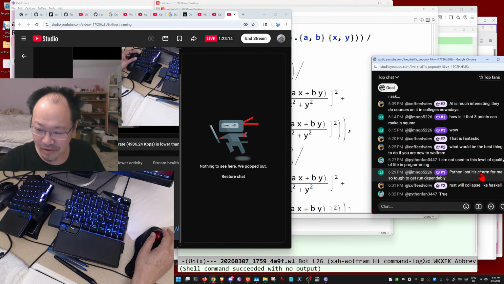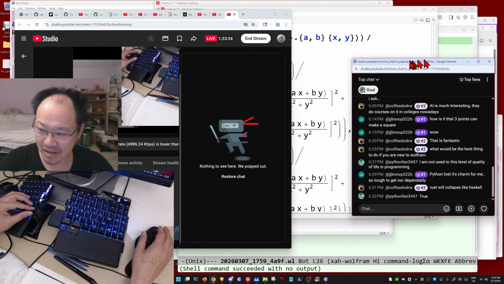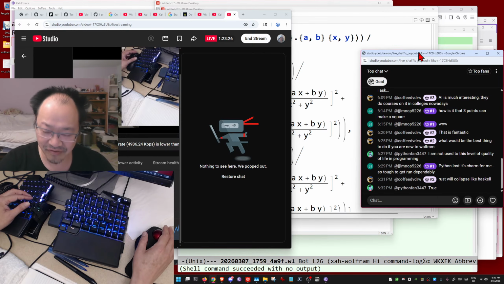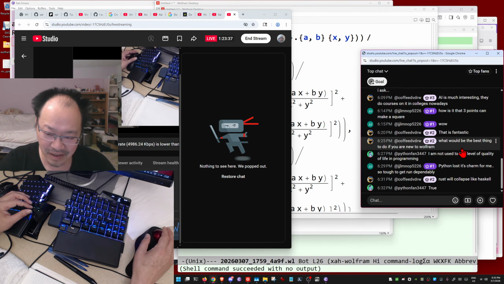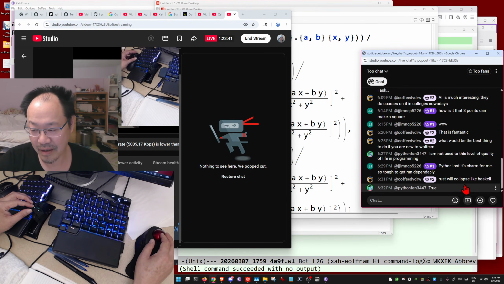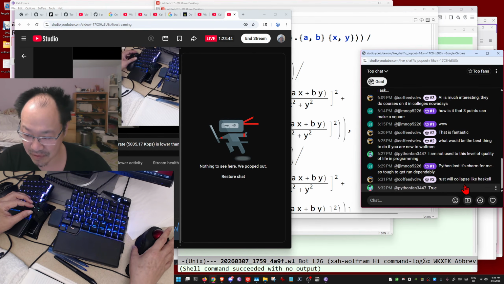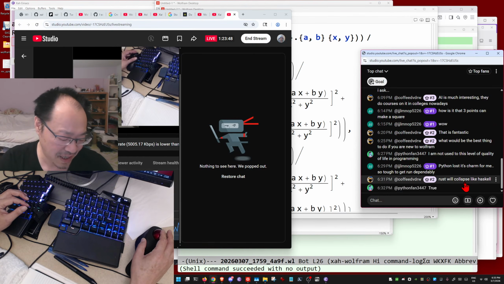Python lost its charm for me, so tough to get run dependency. Rust will collapse like Haskell. I don't know much about Rust. What I know is that there's a lot of fad, but Rust also has a lot of functional programming ideas. It's partly based on OCaml, the meta language lineage. So my feelings about Rust are mixed, but I don't think it'll collapse like Haskell,